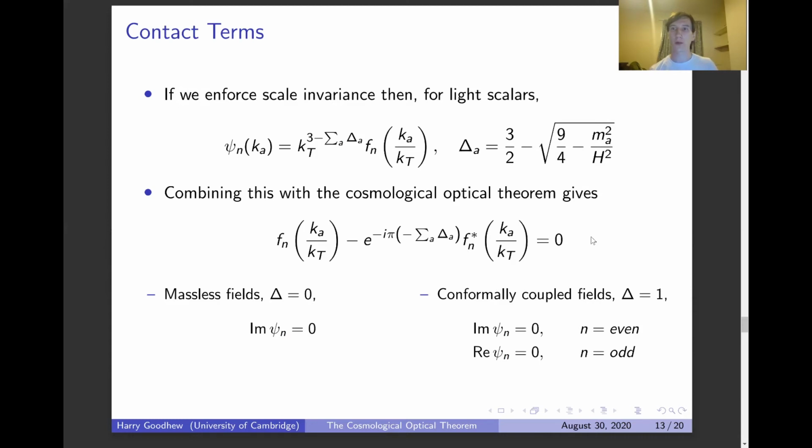However, when we have an odd number of conformally coupled fields, the real part of this wave function universe coefficient will be 0. Therefore, if we look to relate this to correlation functions rather than the wave function universe coefficient, then as the correlation function is proportional to the real part of the wave function coefficient, we actually don't get any information for massless fields or conformally coupled fields directly from